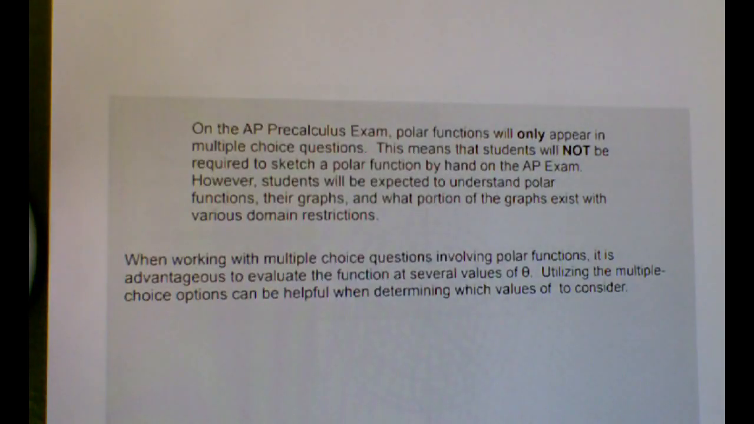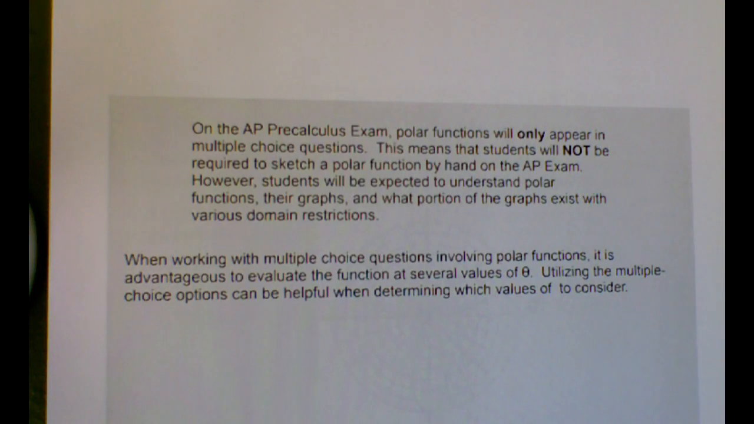On the AP Pre-Calc exam, polar functions will only appear in multiple choice questions. That means you will not be required to sketch a polar function by hand on the AP exam. However, you will be expected to understand polar functions, their graphs, and what portion of the graphs exist with various domain restrictions. When working with multiple choice questions involving polar functions, it's advantageous to evaluate the function at several values